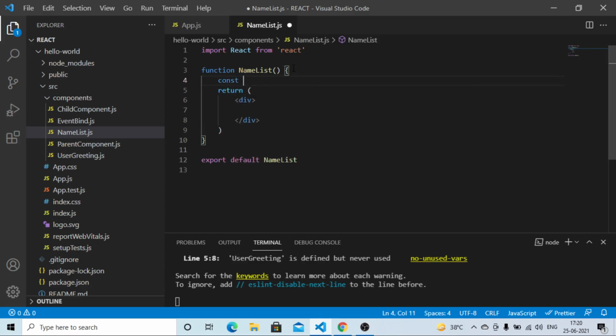Now I am going to take an array. Suppose you want to render a list of names, so we have to take an array names. The first name will be Amit, then we'll have Anil, and the third name is going to be Anjali.